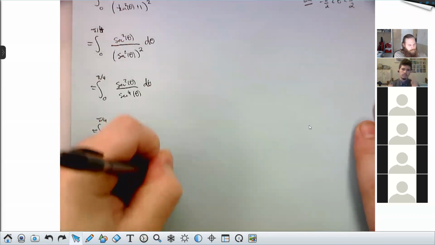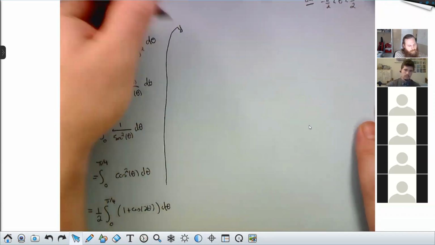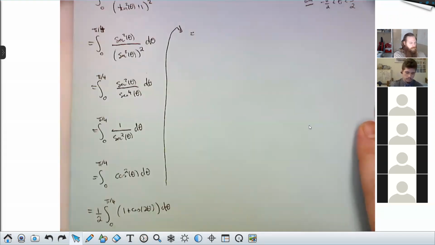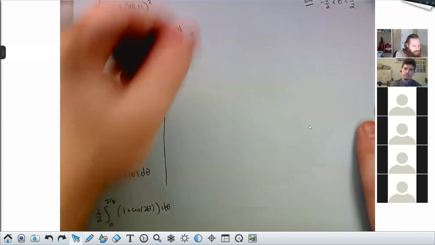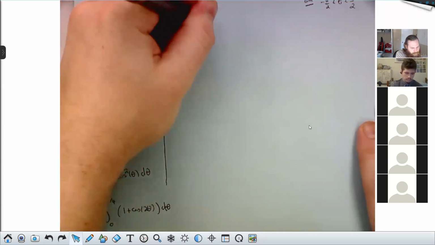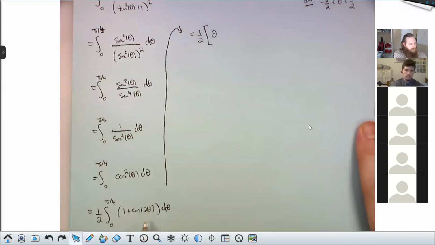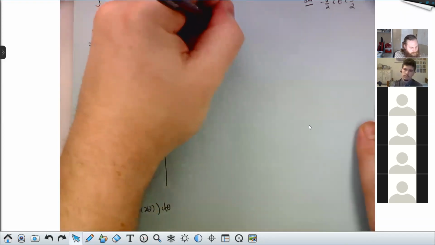And then I'll take this up over here. That becomes, the 1/2 comes along for the ride. And then the 1 will integrate to a theta. Cos 2 theta becomes sine